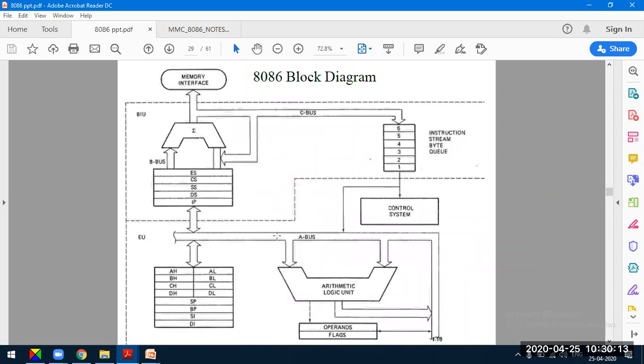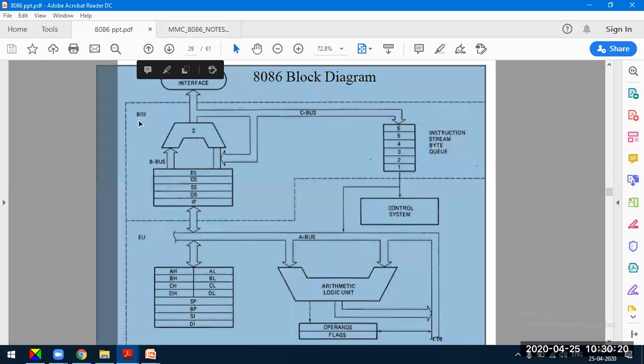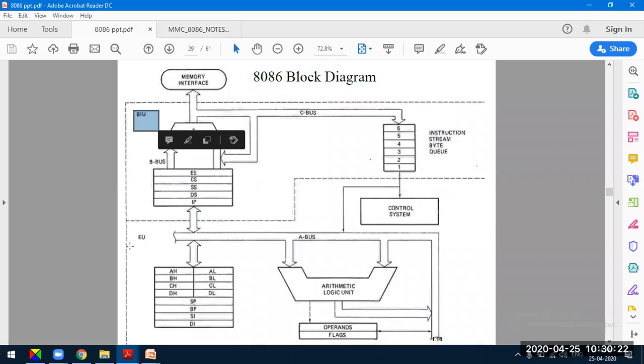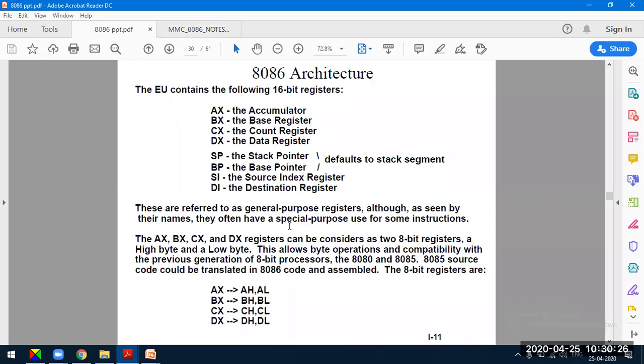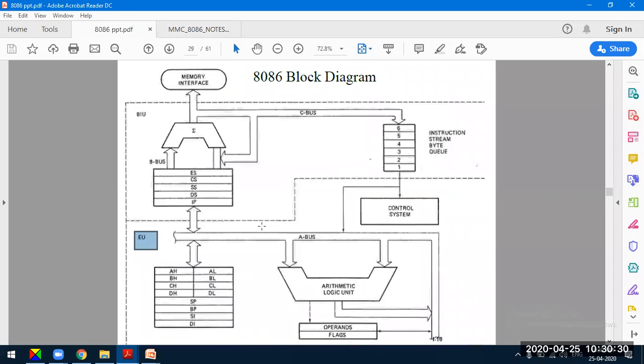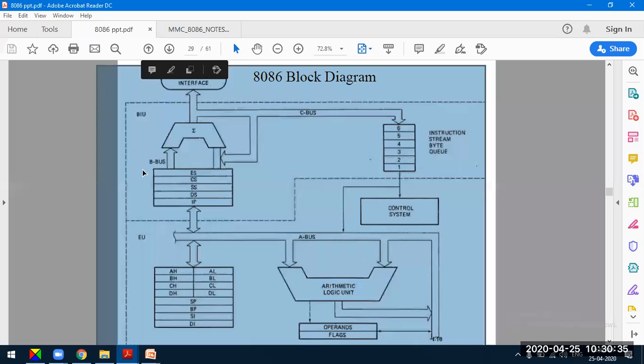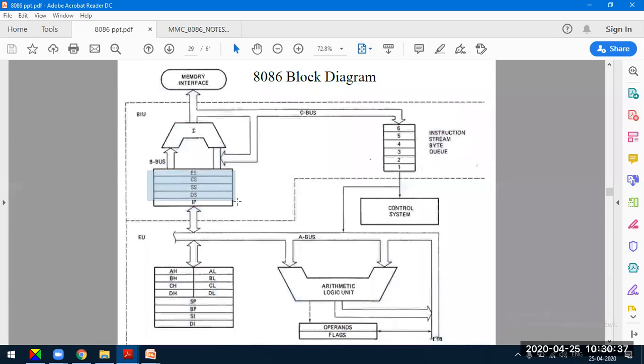This 8086 architecture basically has two components: one is known as the bus interface unit (BIU), and another is known as the execution unit. What are the contents of the bus interface unit and the execution unit? You can see that the bus interface unit has segment registers: extra segment, code segment, stack segment, and data segment.